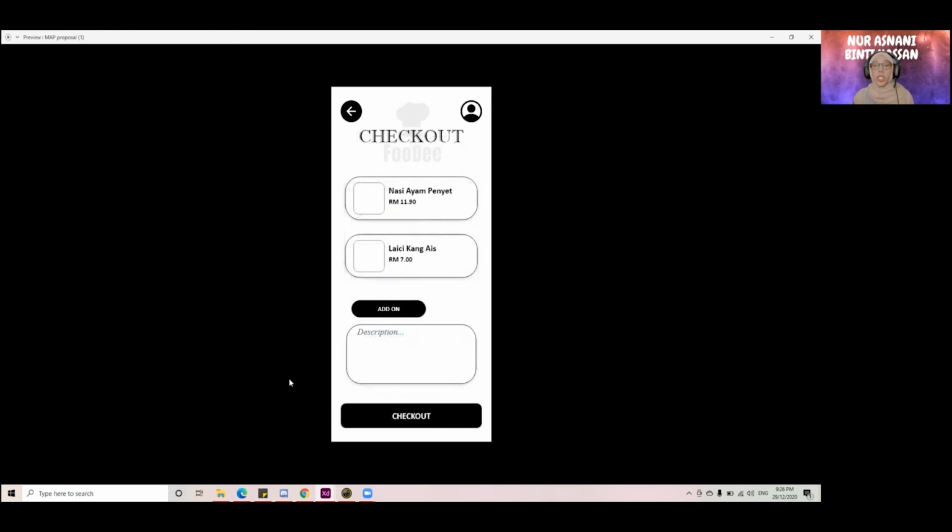So the application will proceed to the online banking website, which is CIMB Clicks, to process their payment. And after they finish their payment, the application will go to the checkout page.